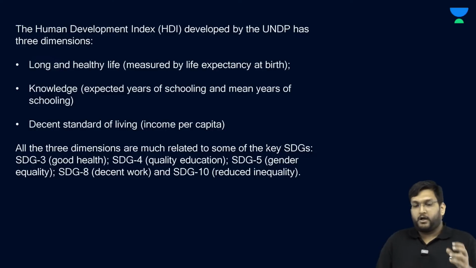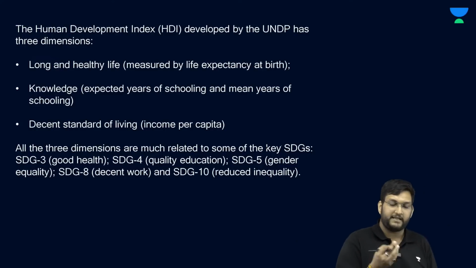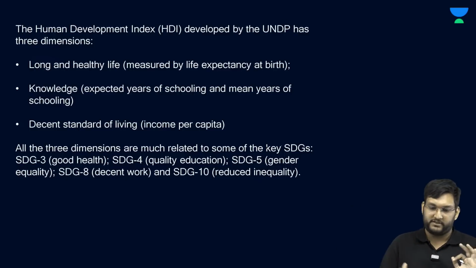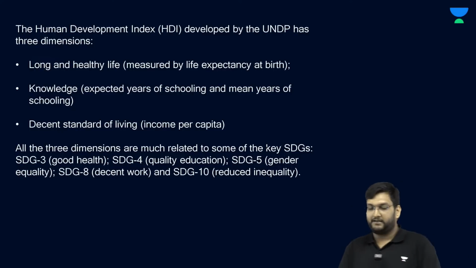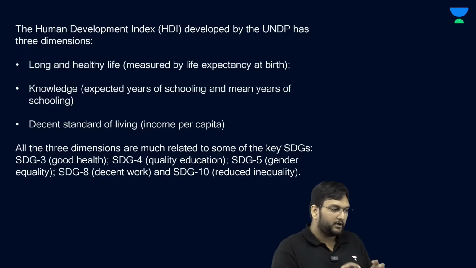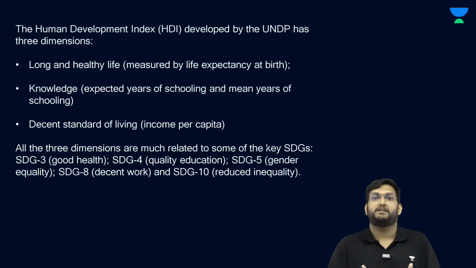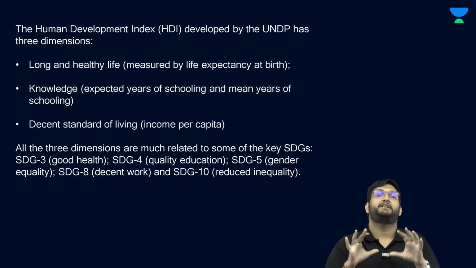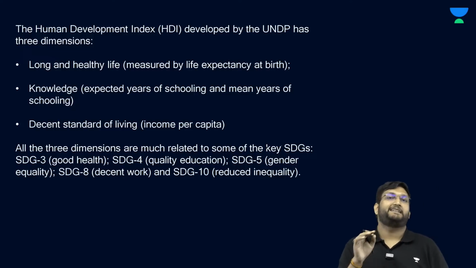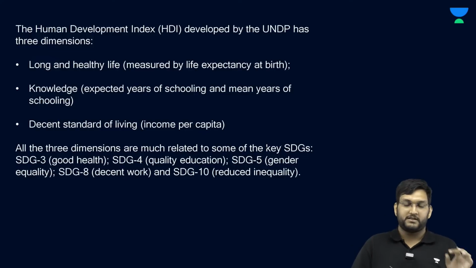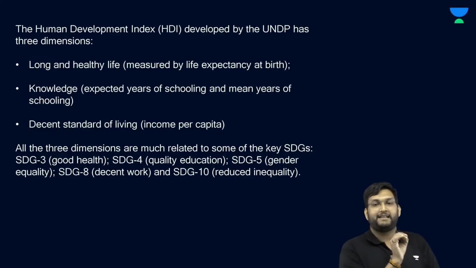Now, these three are aligned with the Sustainable Development Goals 3, 4, 5, 8 and 10, which is good health, good education, gender equality, decent work and reduce inequality. So therefore, we work in a model in which we use these concepts to create a certain indicator. Now, what has been the performance of India in HDI? When we talk about the performance of India in HDI, we have stagnated to the value of